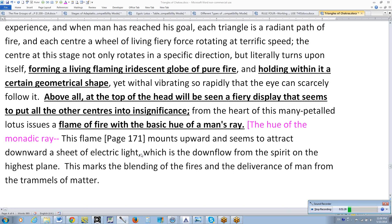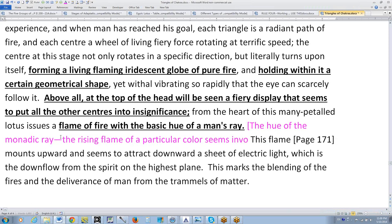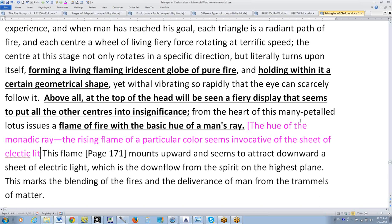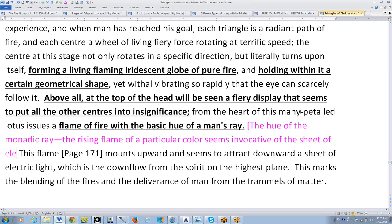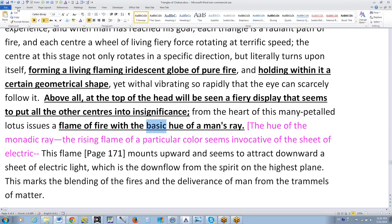In some way, the rising ray, or the what is it called here, issues of flame. The rising flame of a particular color seems invocative of the sheet of electric light. So the flame, it's not just the soul ray, because the soul is the subray. When a word like basic is used, a word like primary, we are talking in the language of the monad. So I'm going to make that even bigger, so we get maybe the idea that basic and primary are pretty